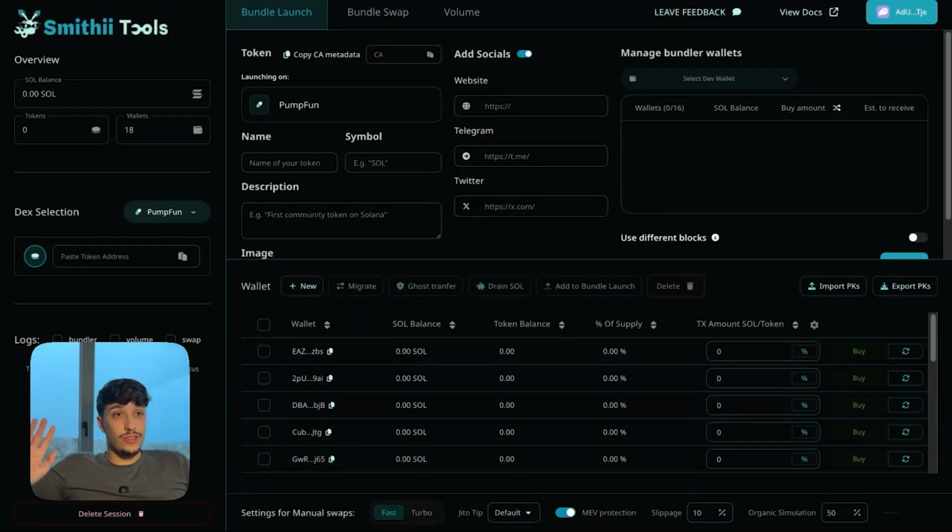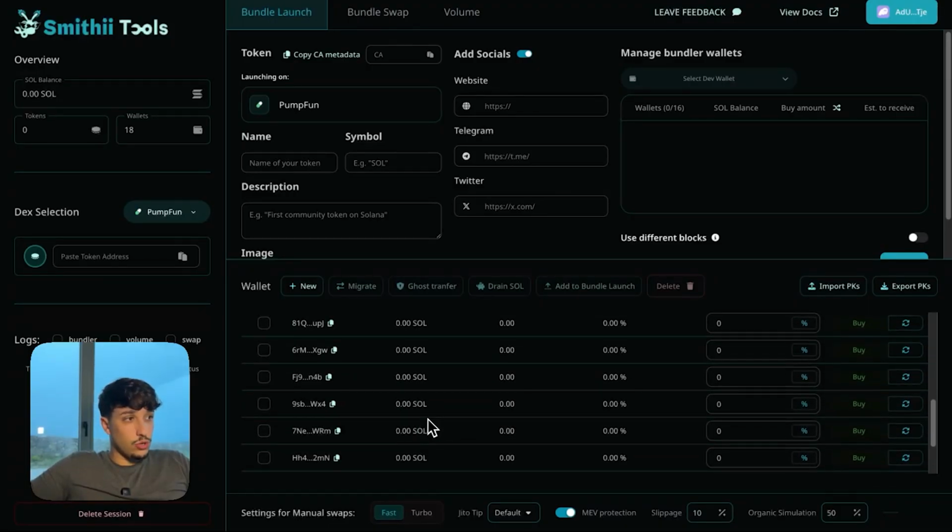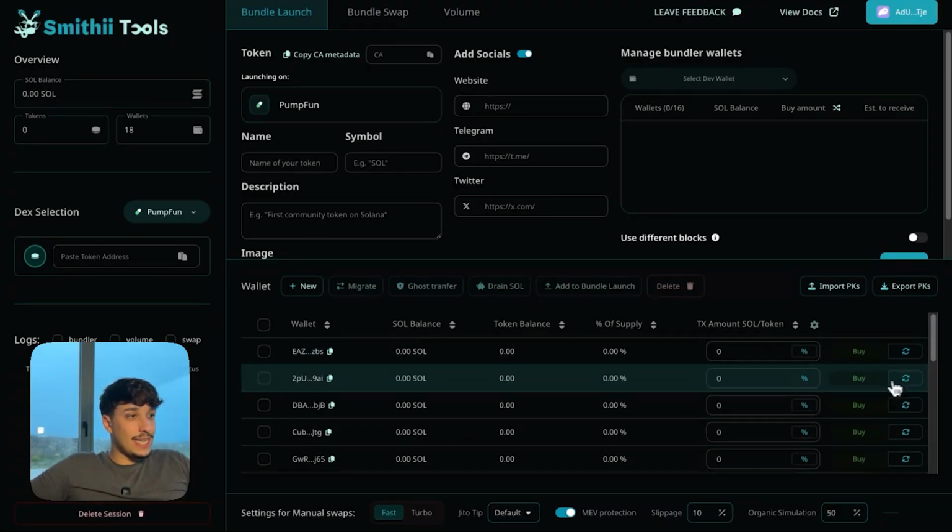As promised, we got the 4th method here, which is basically the best way ever to boost a token, because it's really organic. In this case, it's not automated at all. You need to handle it, but if you are a pro using it, you are going to make it. I made a whole tutorial on how to use this. You can see it right here, but how it works in a second is you have a lot of wallets here that you can distribute your SOL to, and you can start buying and selling the token here all the time. So it will be like if you have 100 wallets of random traders buying your token,